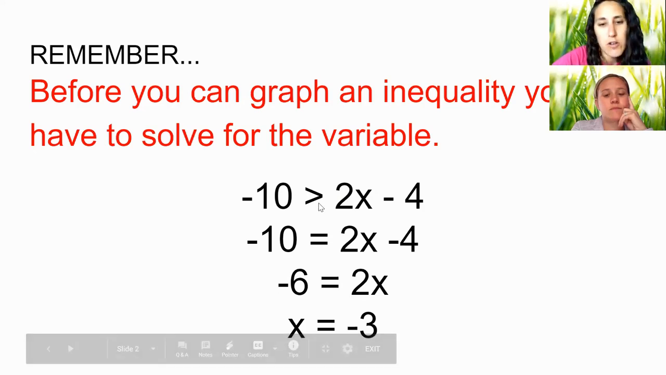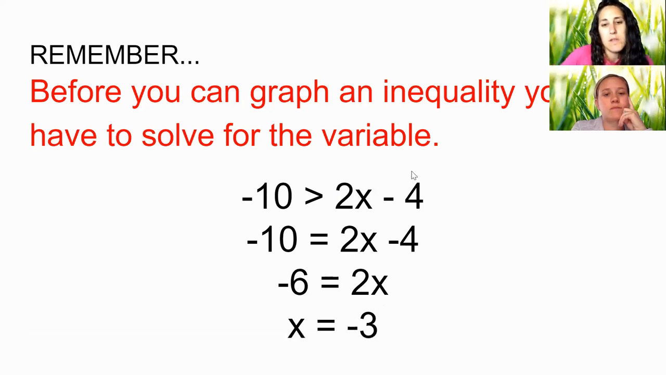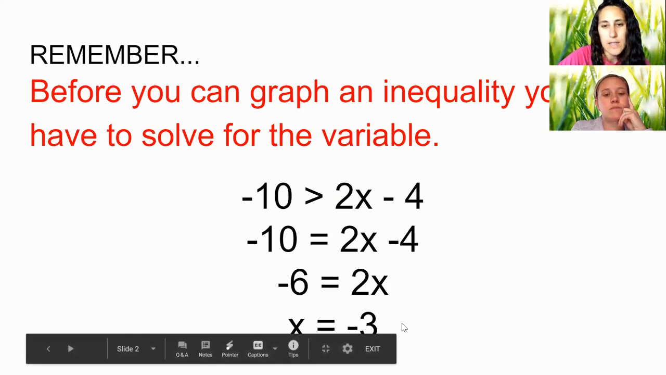To figure out which way your inequality sign goes, remember, you then substitute in a number bigger and smaller than -3. So for example, if I chose 0, that would be bigger. 2 times 0 would be 0. -4 is -4. -10 is not greater than -4. If I plugged in, let's say,